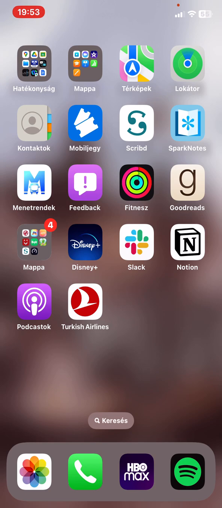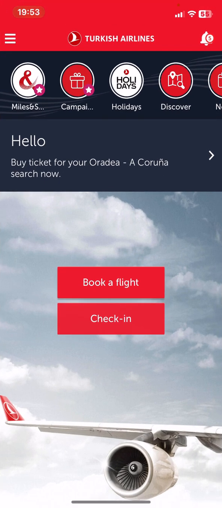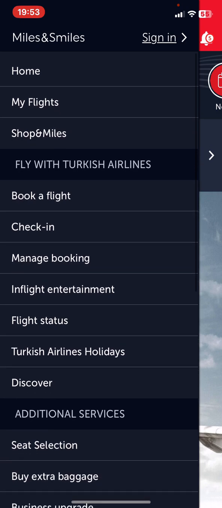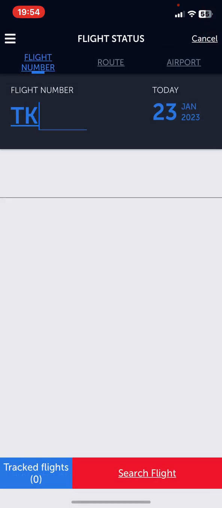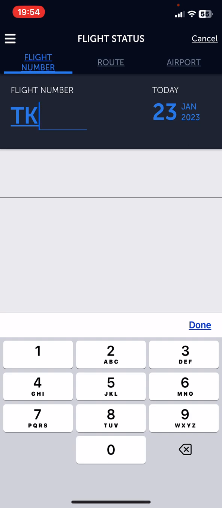Let's jump into it. First of all, open the application on your phone and then click on the three lines at the top of the page on the left, and at the Fly with Turkish Airlines section, click on the flight status button, and at the top click on